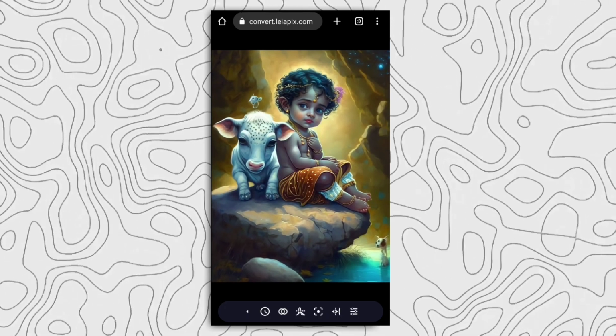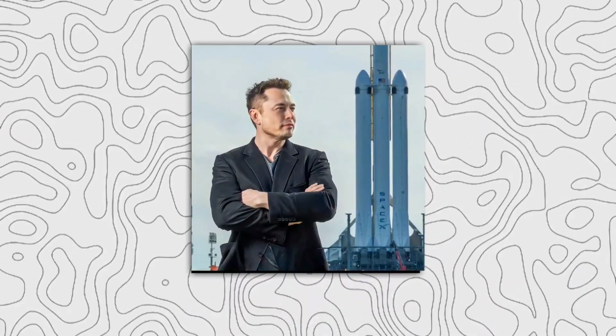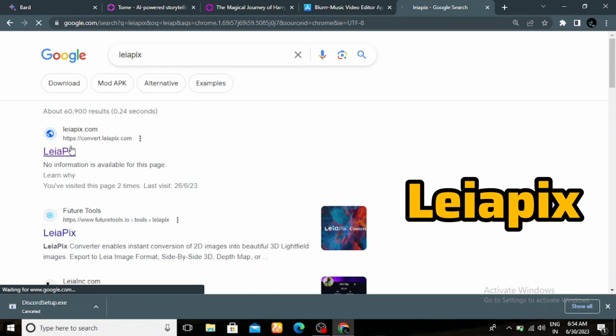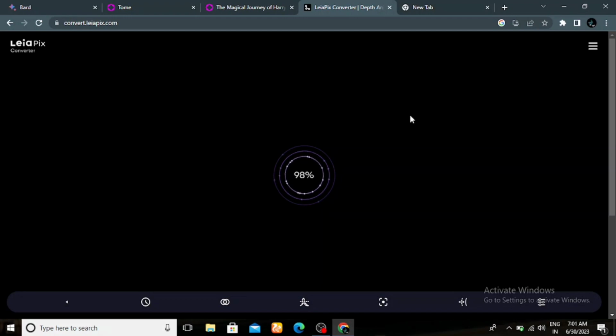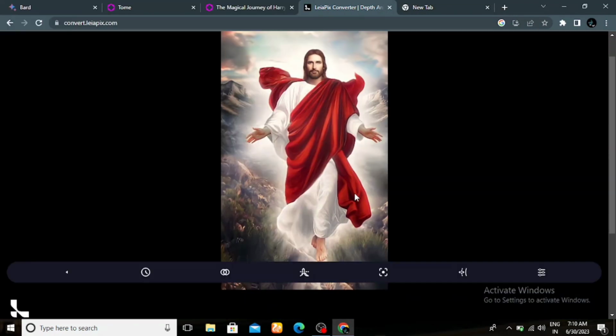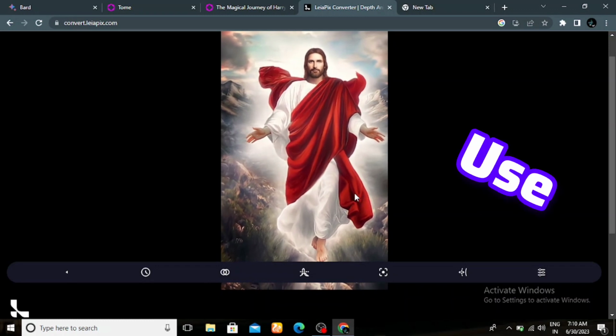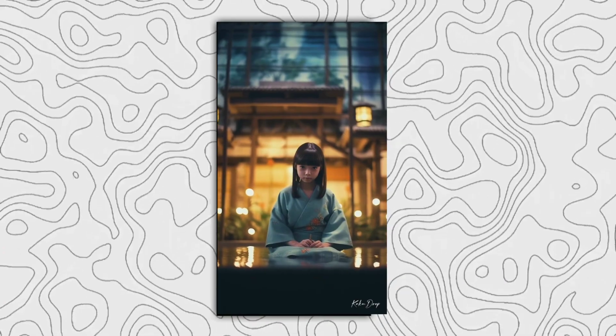This is the most interesting AI tool. If you want to change 2D image into 3D, you can do it by using this AI tool. Just search Leapix, then click plus icon. Now upload your image. It will take few seconds and see, it has converted into 3D photo. Let's try one more. Wow, great! So friends, you can use it to create reels or short videos. Just use these images and add voice or